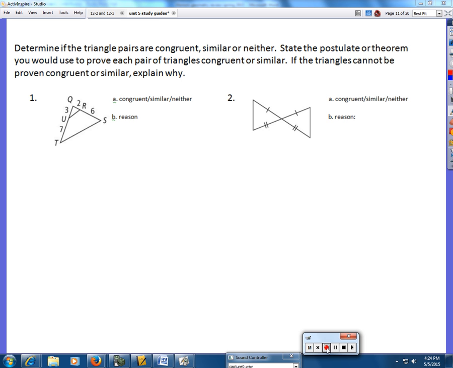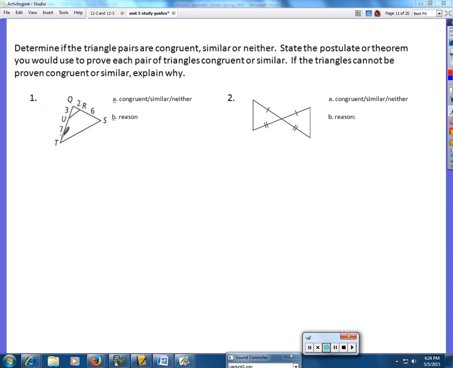Okay, we're going to go over the study guide for Unit 5. This is the honors study guide. You have similar and or congruent triangles here, so you need to determine which, if either, they are, and then tell me the reason. So the first triangle, I have the little triangle inside the big triangle, which means I'm